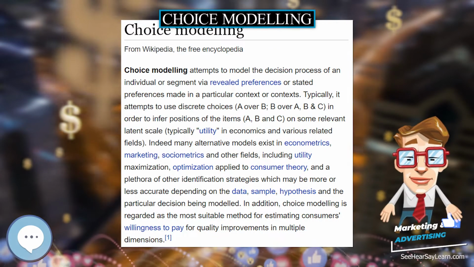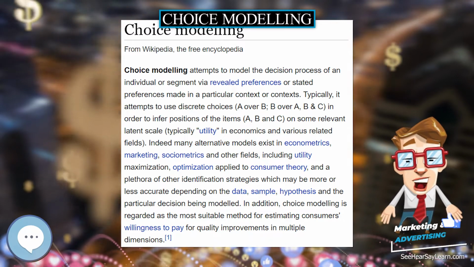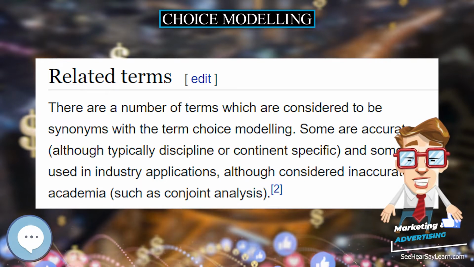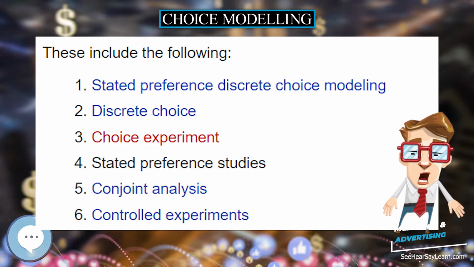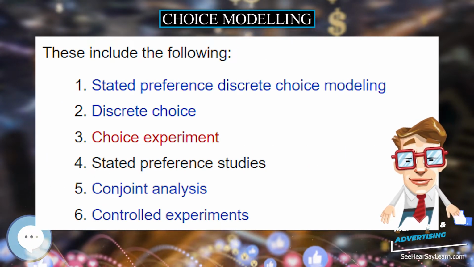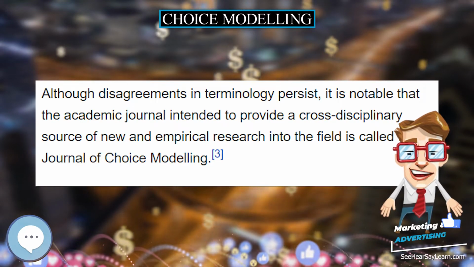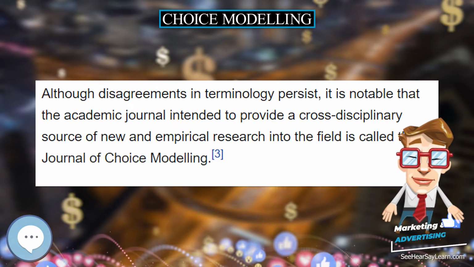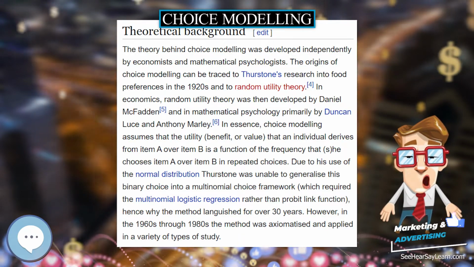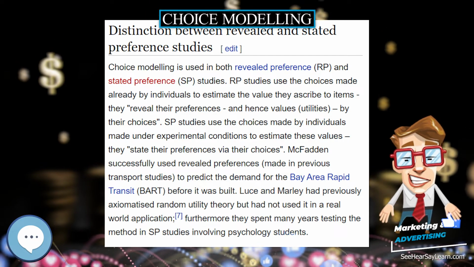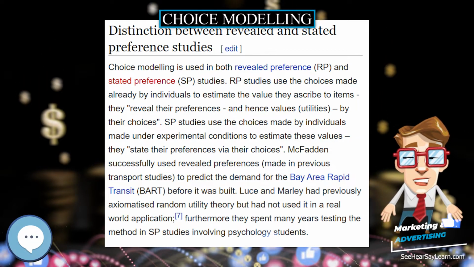Choice modeling. Choice modeling attempts to model the decision process of an individual or segment via revealed preferences or stated preferences made in a particular context or contexts. Typically, it attempts to use discrete choices, A over B, B over A, B and C, in order to infer positions of the items, A, B and C, on some relevant latent scale, typically utility in economics and various related